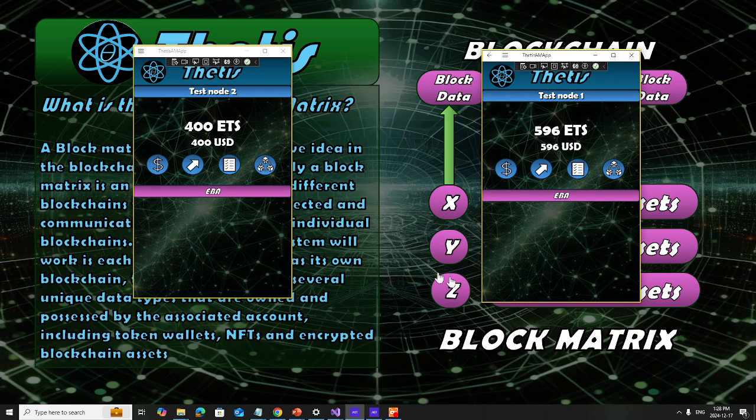So just a brief overview of our little application. These are both client applications. We got our test node, that's the name of your account there. Here's our balance in USD. These are just test values. It's not actually 500-something USD right now. In the future, you will be able to buy and sell through here to a PayPal account, a PayPal